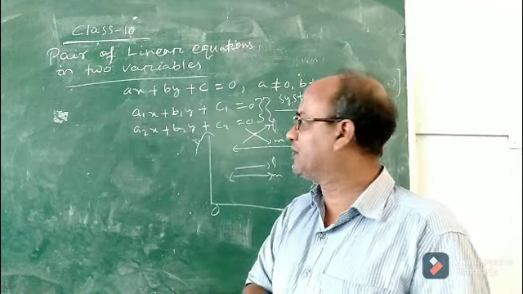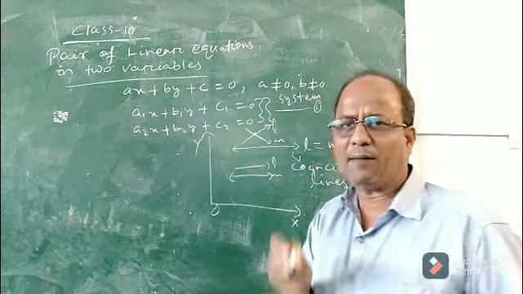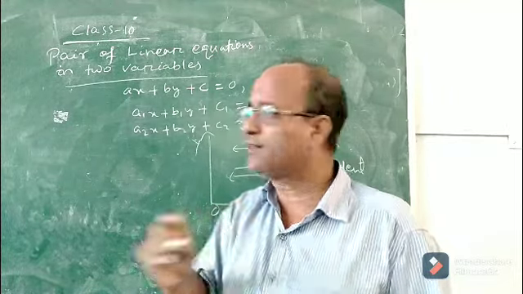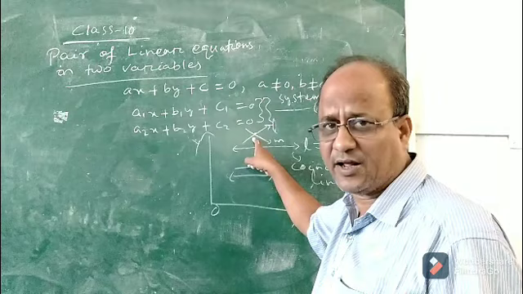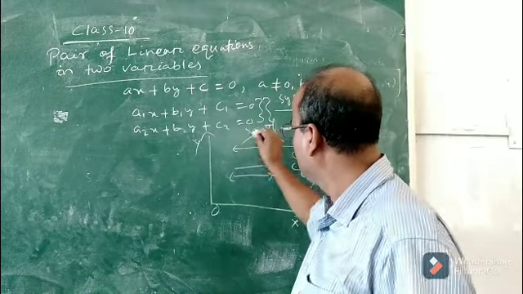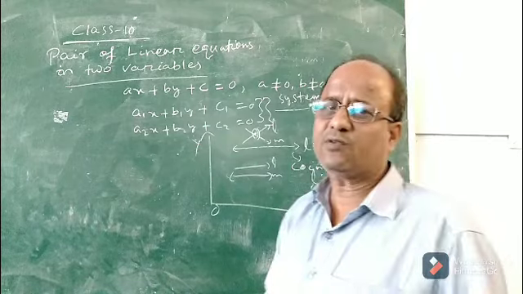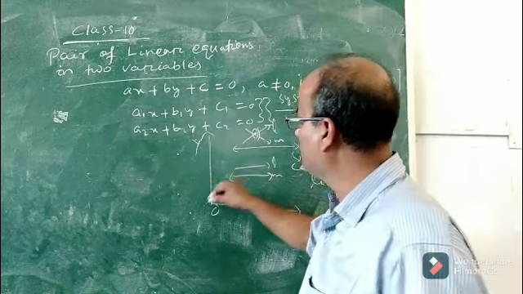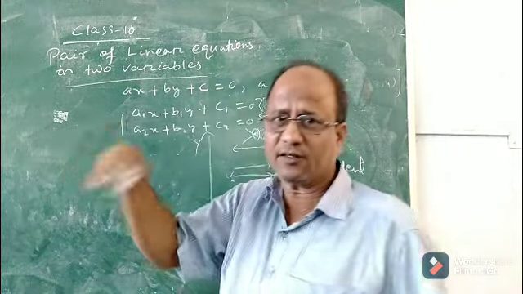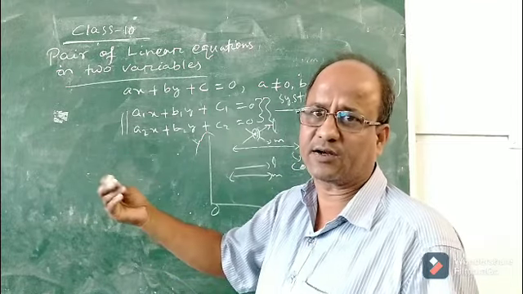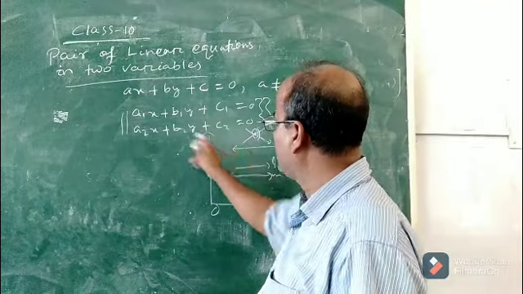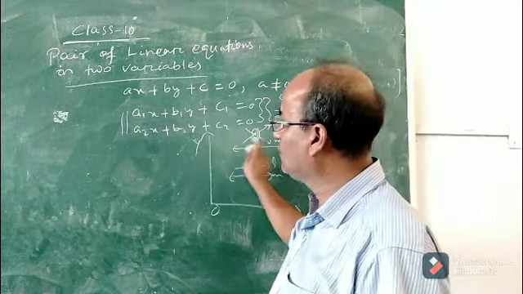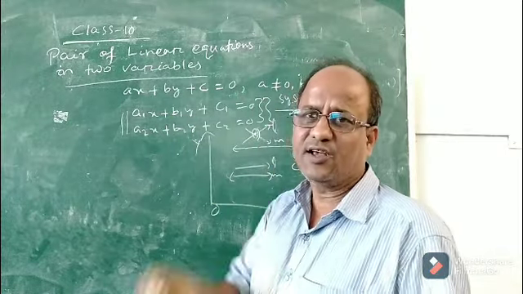Okay, now, what will we conclude? Suppose after drawing the graph of the two linear equations, you found that the two straight lines obtained intersected at a point. So, from this, what will be our conclusion? We will discuss this mathematically also by taking several examples in the next class, okay? Now, if the two lines of the two linear equations intersect at one point, then we will conclude that the pair of equations has a unique solution.